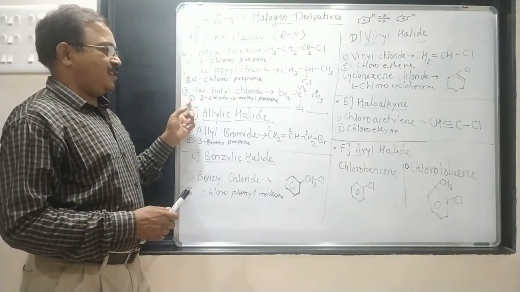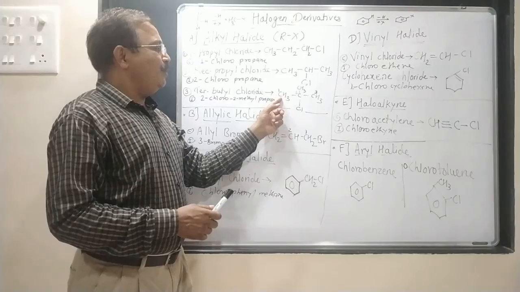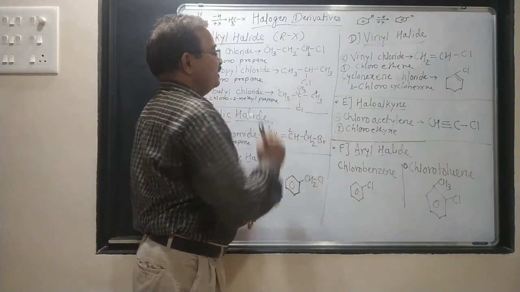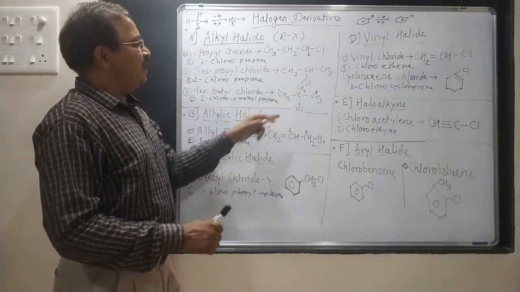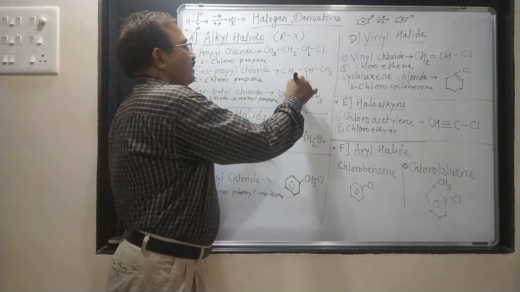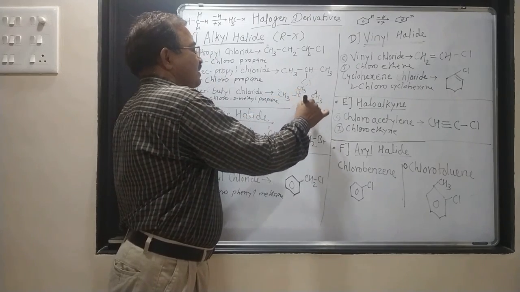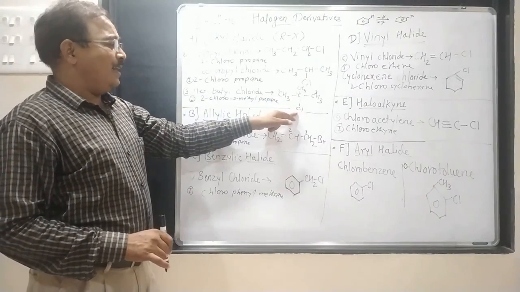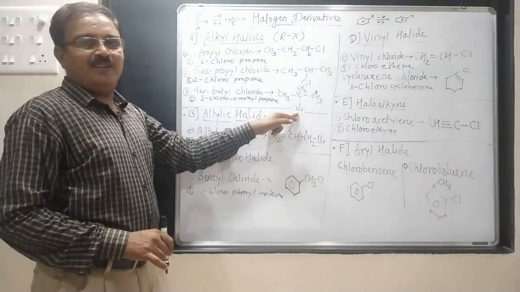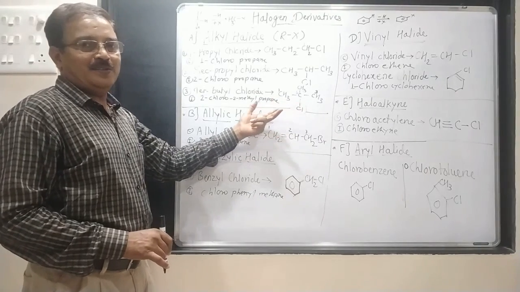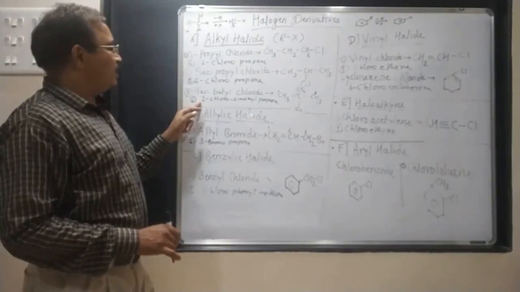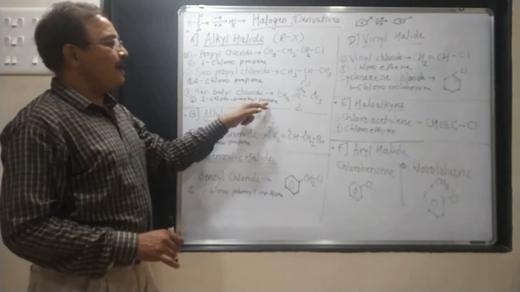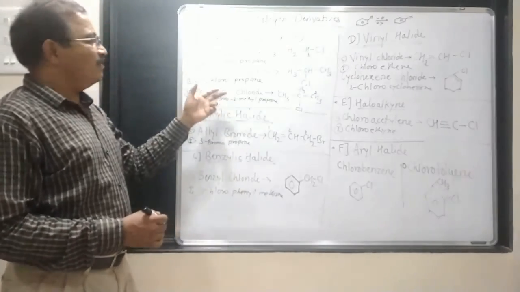Now the IUPAC system. While writing the IUPAC name, we have to give the numbers 1, 2 and 3, so that the second carbon atom contains two side chains, that are CH3 and chlorine. While giving a name, halogen should be given the first preference, then the alkyl group. So according to the IUPAC system, the name of this compound is 2-chloro-2-methyl propane.